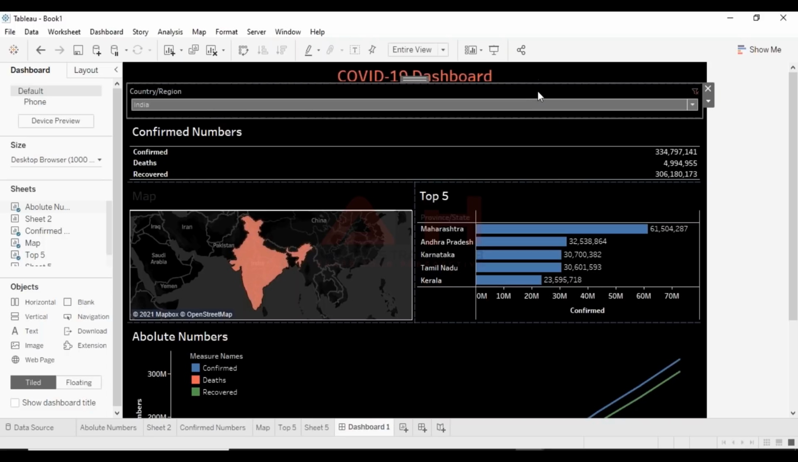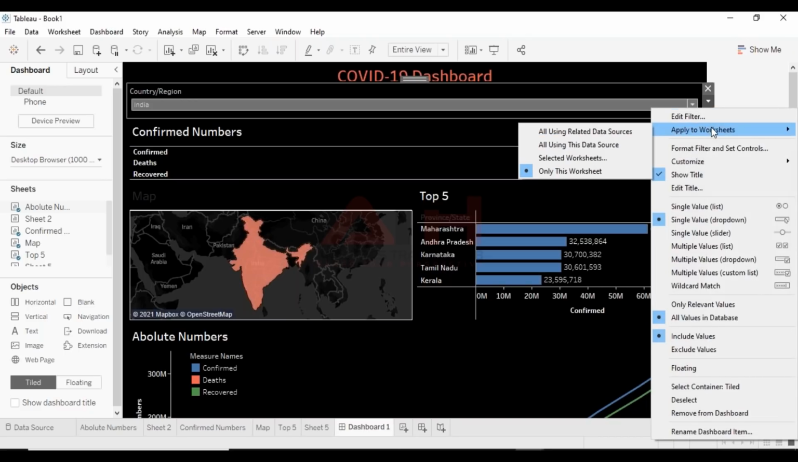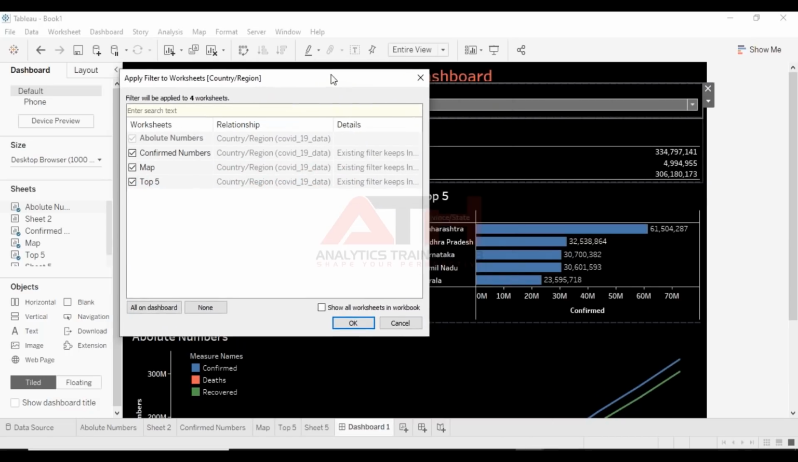For that, what we need to do is just click on the filter. Again, you can see this down arrow, just select it, and you have this apply to worksheets option. What it is depicting is that once I select the filter here, all the visualizations in the dashboard should change to the selected filter. So I make it selected worksheets, and I check all the worksheets that I want to change with this particular filter. Now, as soon as I click on OK,